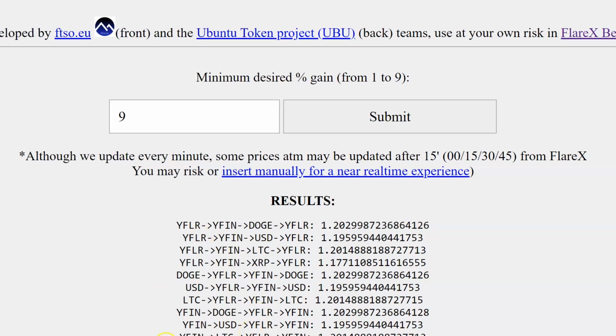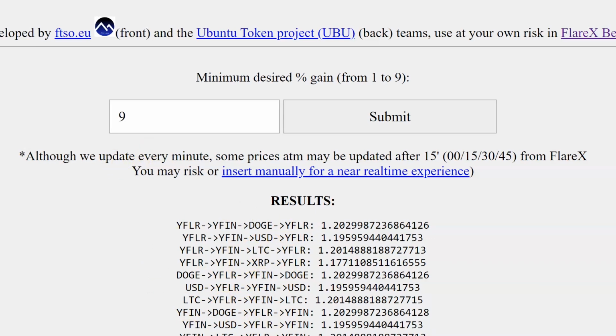So here I'm going to try and do what I did last night. I'm looking at all of these, looking at the higher values. Since these are all the highest, they're pretty cool, but I'll try to focus on the 2s first. So YFIN Doge, YFIN LTC. So it's either going to be YFIN into LTC or YFIN into Doge. There is an XRP in here and a USD. Obviously, you're going to have all the tokens in there. You just got to figure out the best way to swap these now, right?